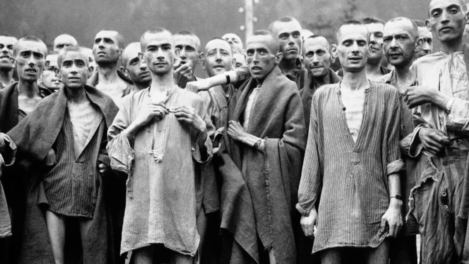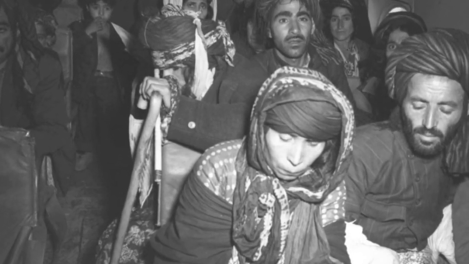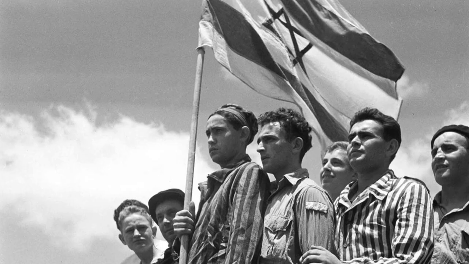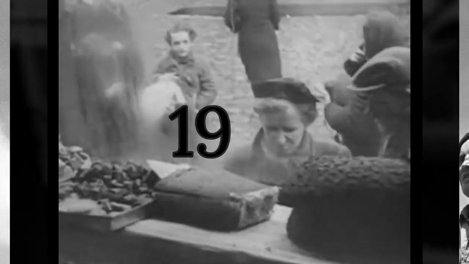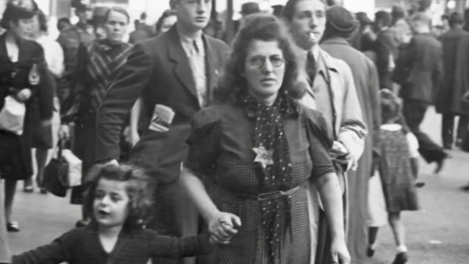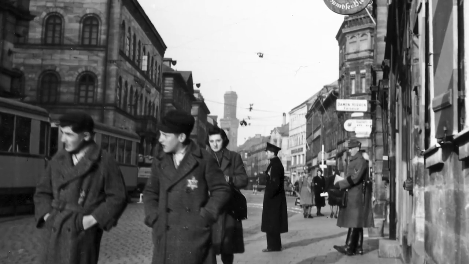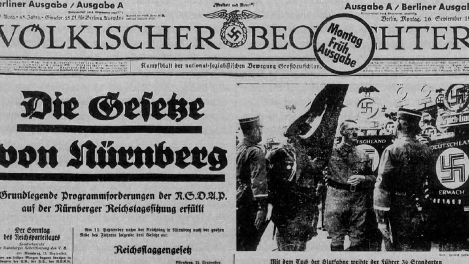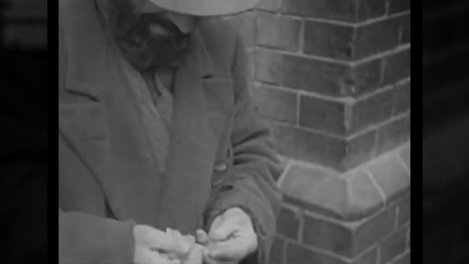The unimaginable atrocities of the Holocaust generated deep sympathy and support for Jewish survivors, leading to a significant increase in Jewish migration to the region of Palestine after the war. Many survivors saw the establishment of a Jewish homeland as a means of ensuring their safety and collective future. In 1947, against the backdrop of post-war international efforts to establish lasting peace and stability, the United Nations took a pivotal step. With support from various countries, including Australia, the UN proposed a plan to partition the region into two separate states, one for Jewish people and the other for Arabs.